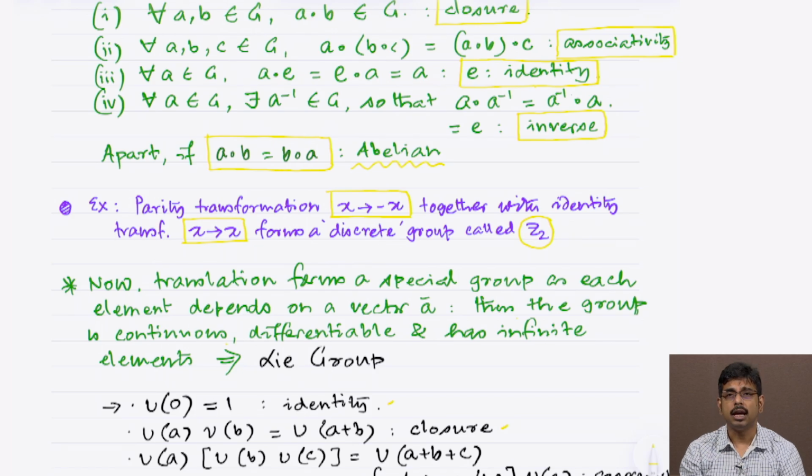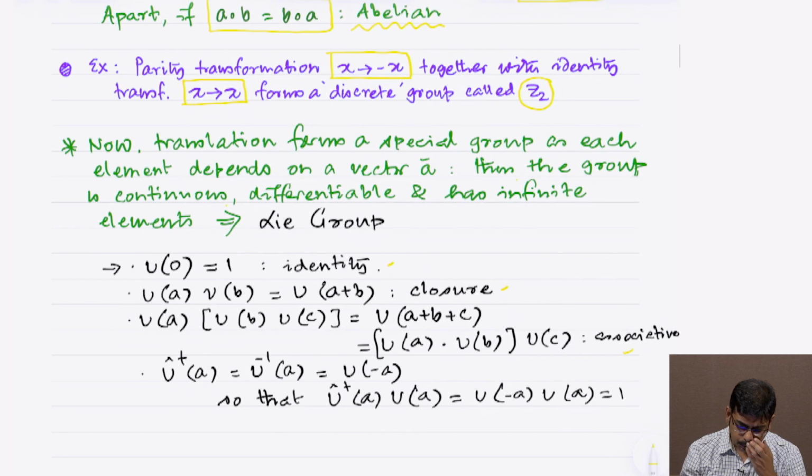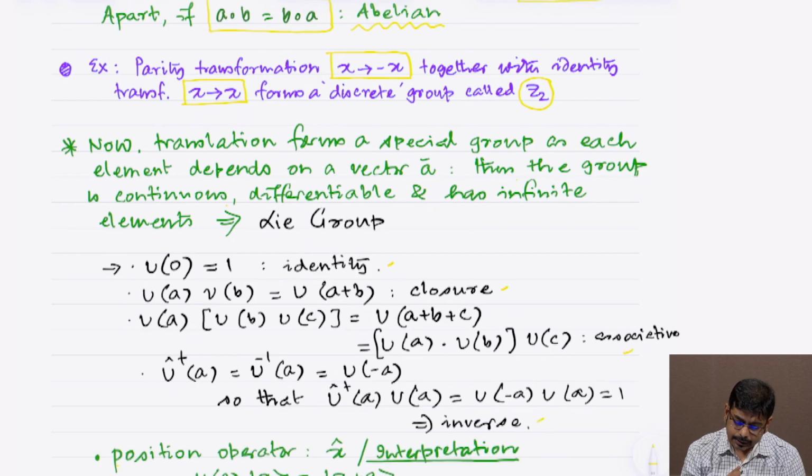But before that, you must confront this group and show that all the above properties which I just talked about are satisfied by it, and so this forms a group. Okay. So, having said that, let us come to some more properties, like the translation which we started talking about,